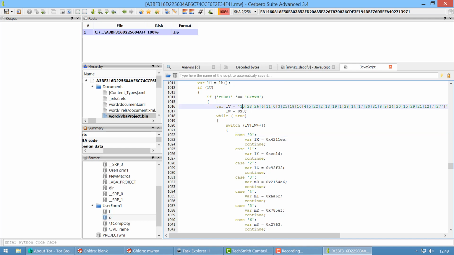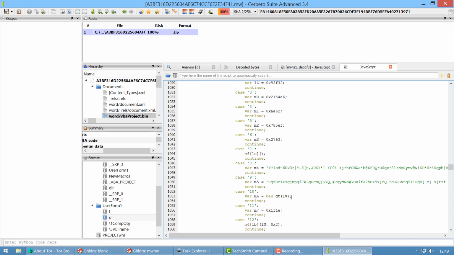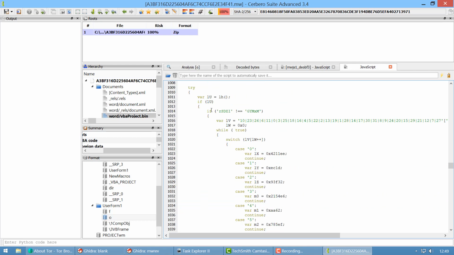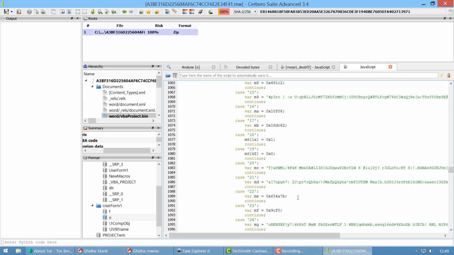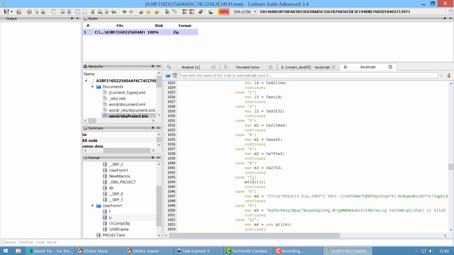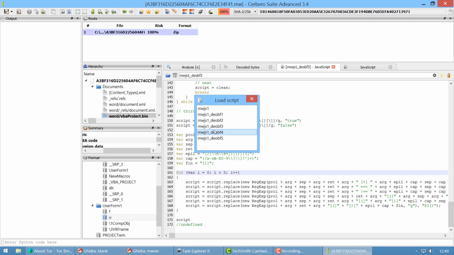So basically here we have a 10, so it means that we go to case 10, this is the first instruction, we just take this code and we put that at the beginning of the statement, removing all the rest, and the second one will be 23, so we go to 23 and we take this, and this will be the second instruction, and so on. So that's the whole thing that we're doing in the fourth stage. So we load the fourth stage,